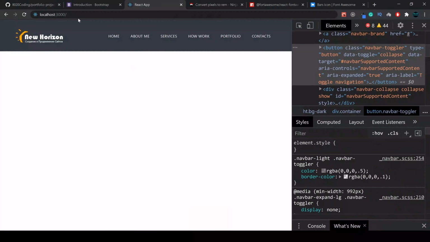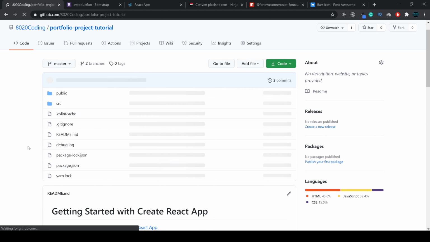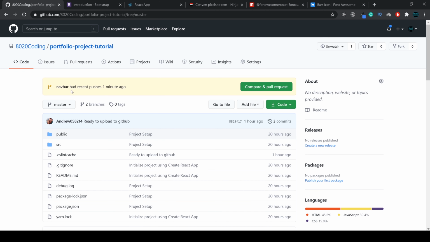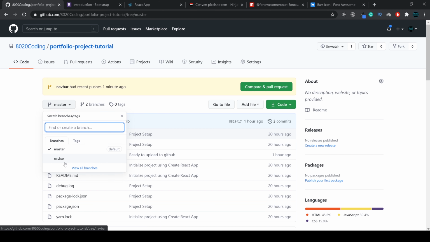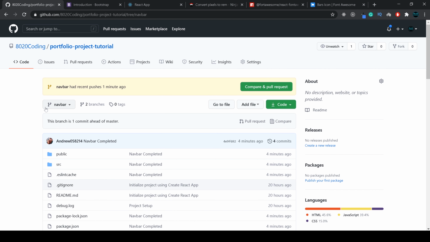Okay, and let's check in our project. Let me reload. All right, and we can see we just pushed the navbar branch. It's right here. All right, so that's how we work with Git and with GitHub. And in the next video, guys, we're gonna create the header with the background, with the particles, and